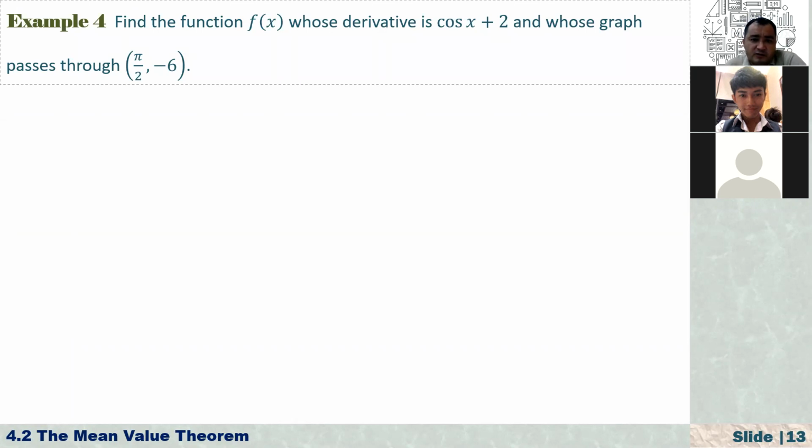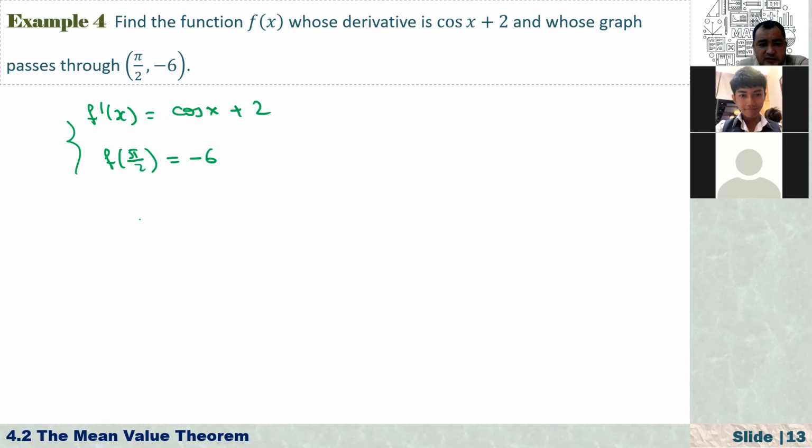Find the function f of x whose derivative is cosine of x plus 2 and whose graph passes through the point pi over 2, minus 6. So the derivative f prime of x is equal to cosine of x plus 2. And whose graph passes through this point means that f of pi over 2 is equal to minus 6. Now from here, how can we answer this question? Since f prime of x is equal to cosine of x,